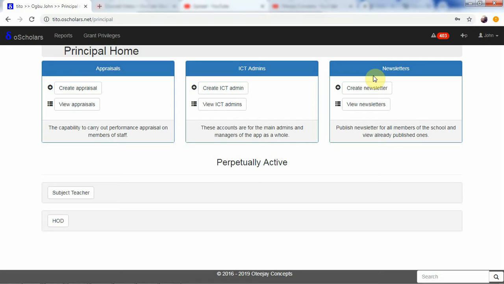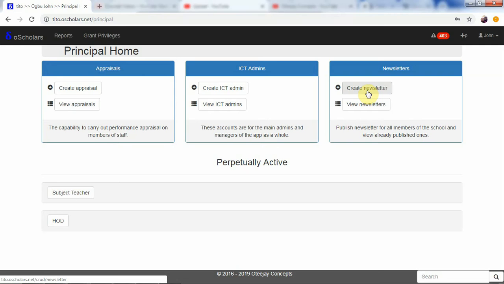After some period of time in the school system, the principal can actually create a newsletter in the form of a PDF, or assign someone to create a newsletter, and that newsletter created as a PDF will contain all the major articles about how the school has been managed over the period of time and other occurrences in the school. Now once the principal has prepared a PDF for this newsletter,